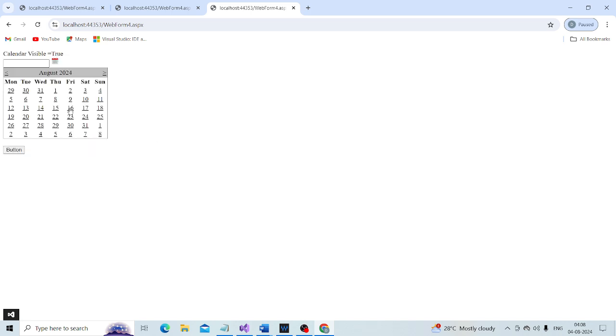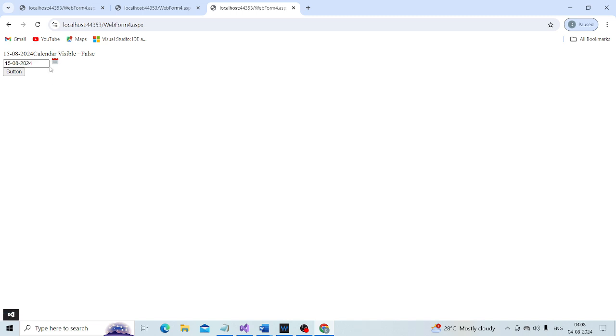So first of all, I need to select the date. So visibility was true, and now after selecting the date, the calendar visible is equal to false because the calendar has disappeared now. Again, click the image button, the visibility is false. As soon as I select the date 15, the date 15 is also printed.